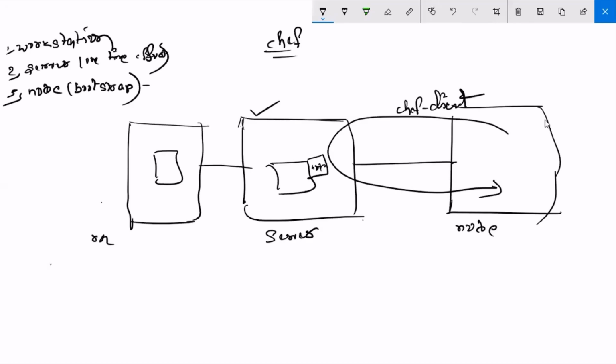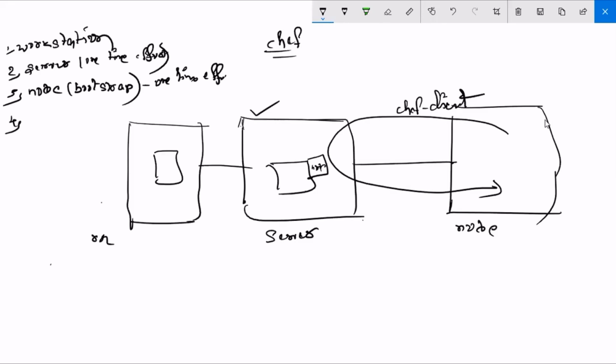So this is also one-time effort only. Whenever you purchase any node, you have to bootstrap it to server. By the time you enter inside a company, they might have already bootstrapped those nodes. Fine.